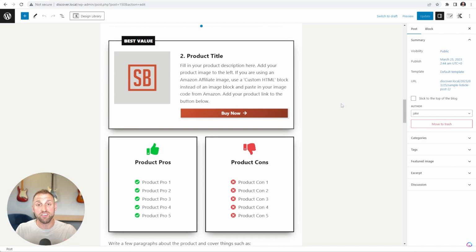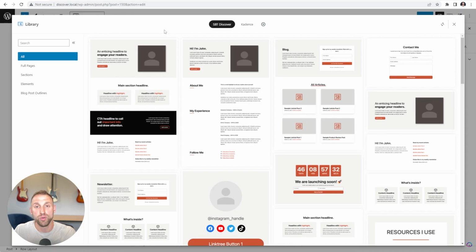And so speaking of blocks, every single Start Blogging theme comes with its own dedicated cloud library that is made up of all of the blocks and pages that we used to create the website. And so as soon as you import in your Start Blogging theme, if you're on any post or page, you'll see this Cadence Design Library button up here. So if you click that, you can see since I purchased the Discover Start Blogging theme that there is a tab up here already. And this has all of the different pages and various sections